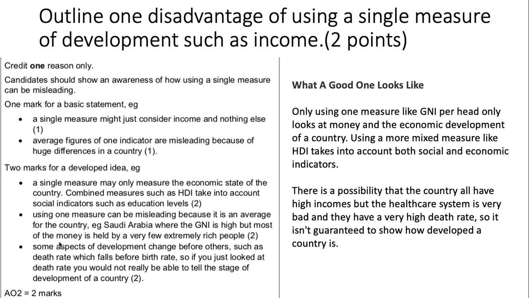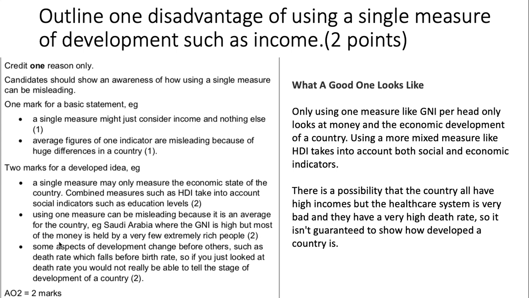The second example that they've used: using one measure can be misleading because it's an average for a country, e.g. Saudi Arabia, where GNI is high, but most of the country is held by very few extremely rich people. So that's quite good because in here they've used a specific case study to support their point as well. In the test, we've got on the right-hand side here 2 answers that were given in the test